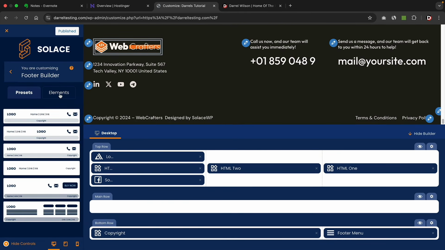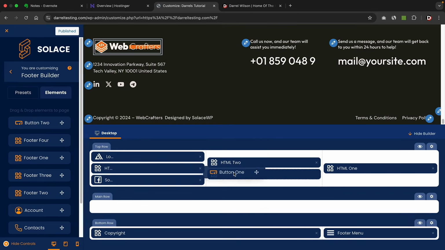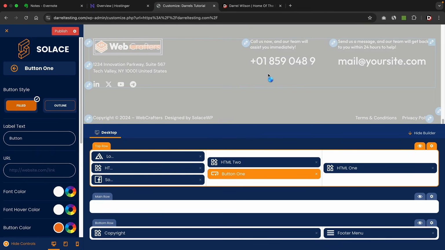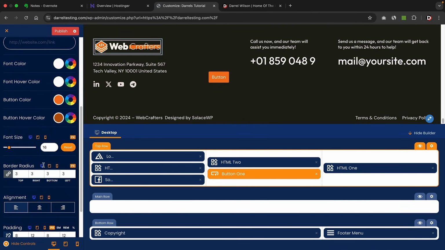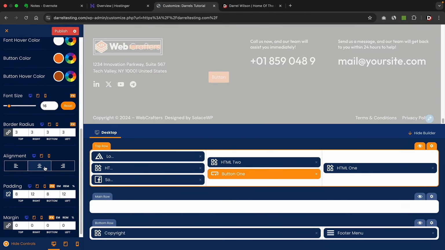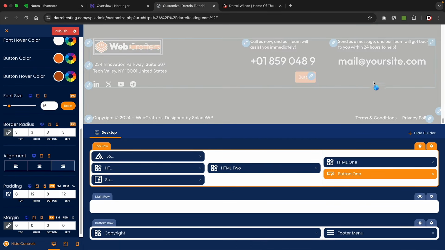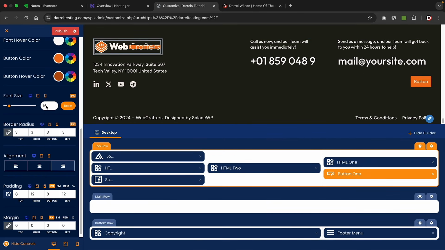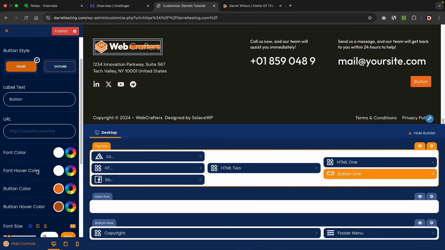Now, just like the header builder, I'll click on elements, and this is where we can drag in buttons or something else. So I'll put a button underneath this text, and there's the button. Now we can also position the button as well. So here we can change the alignment if you want it under or to the right side, okay? And I can also move this and design it and stuff like that, right? And then of course you have all the styling options right here where you can make this bigger or smaller,